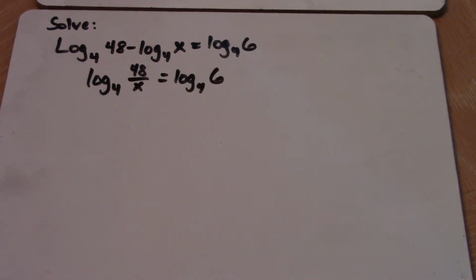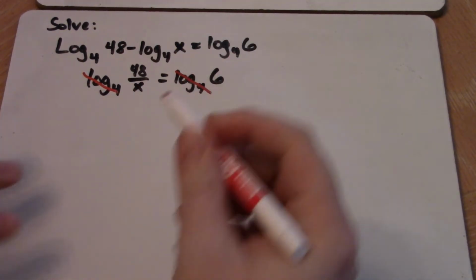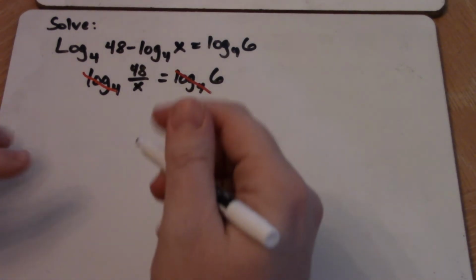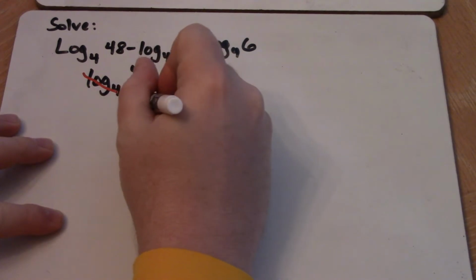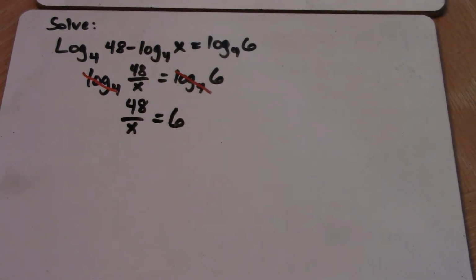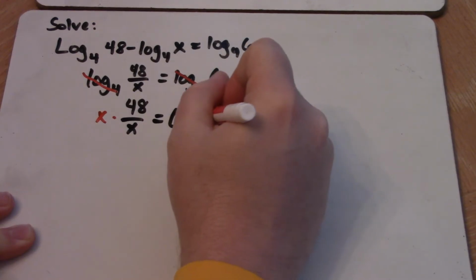Now once we get to this point, we have two different logarithms, both of which are base 4. So just like we did before, we can drop those logarithms because in order for those two logarithms to be equal, the numbers on the inside of those logarithms must be equal. So that gives us the equation 48 over x equals 6. We would then multiply both sides of that equation by x,